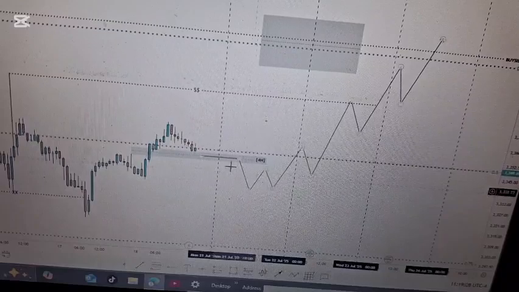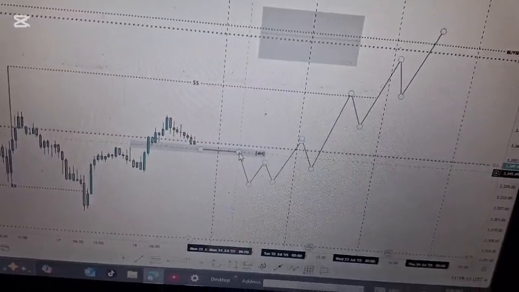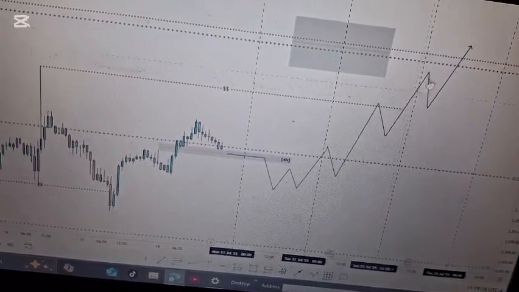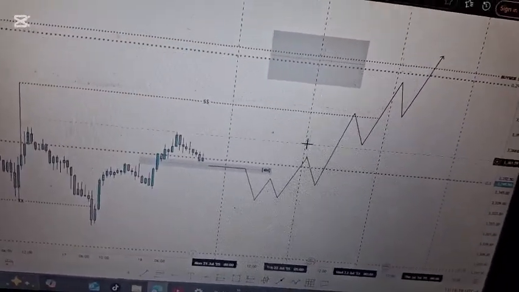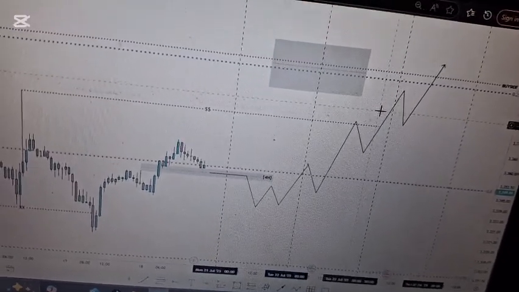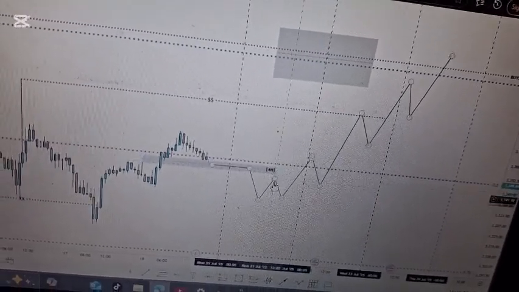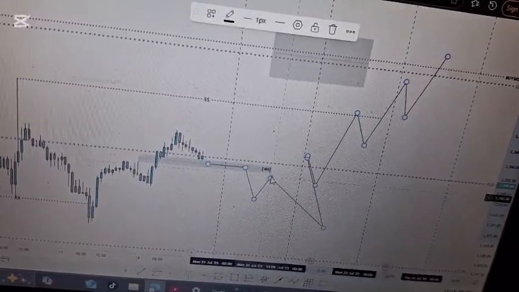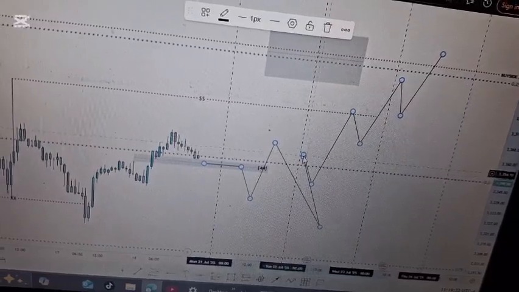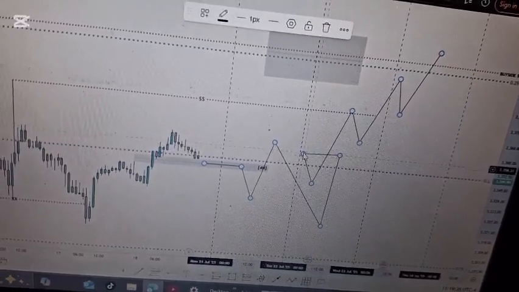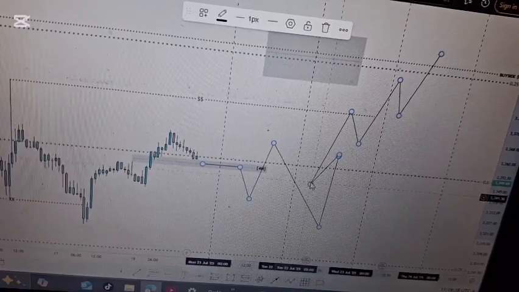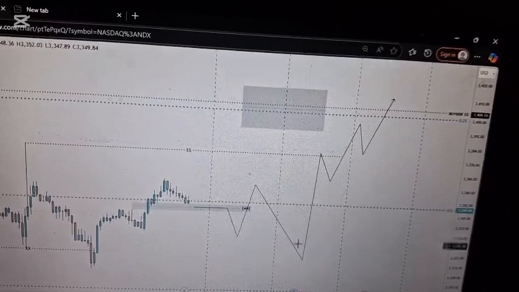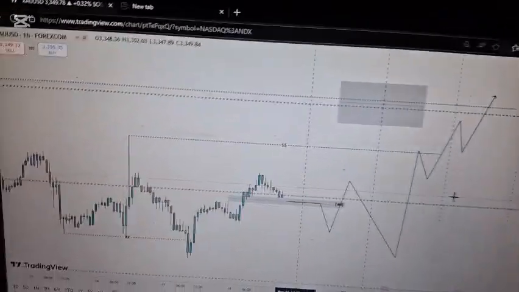So basically, Monday has to form the low of the week. Remember, the market opened here, forms the low of the week before it can go do whatever it wants to do, target the high, if it's bullish and if you are aiming for that. Or it's gonna form the low of the week on Tuesday, Monday or Tuesday. Usually, if you are bullish for the week, that is when the market forms the low. If you are bearish, the high of the week. So hopefully you get it, man.